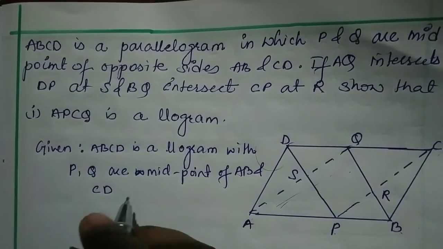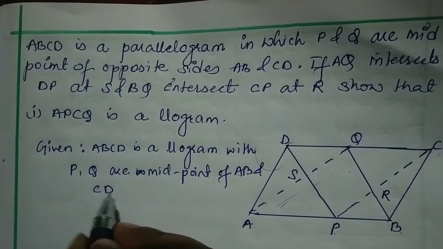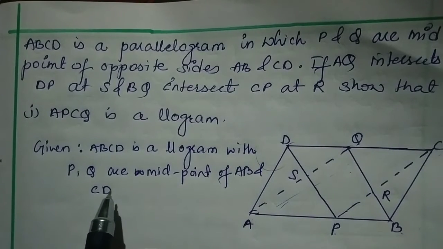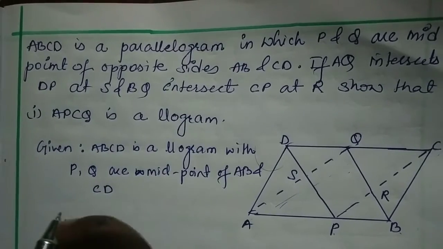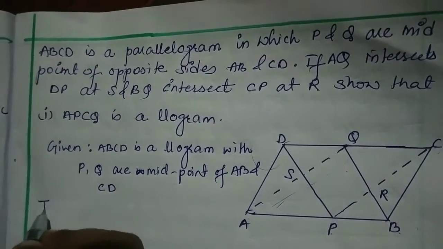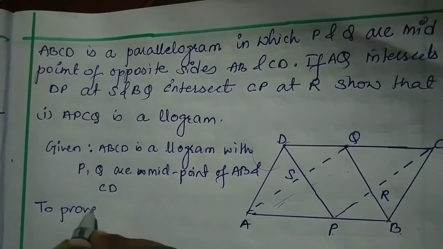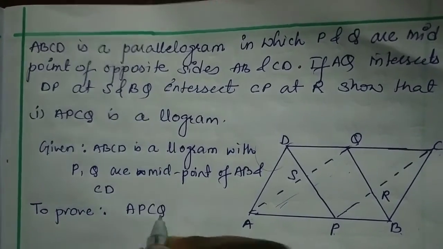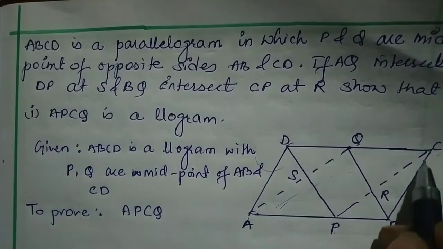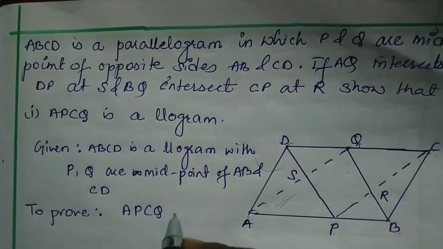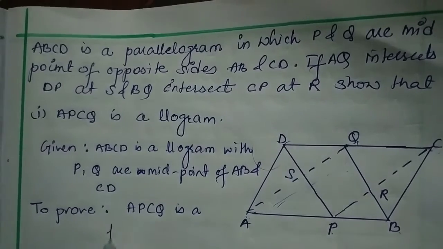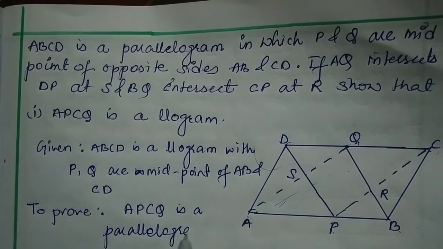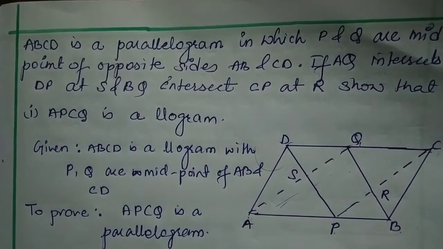We have already been given that ABCD is a parallelogram and P and Q are the midpoints of AB and CD. To prove: APCQ is a parallelogram. Proof: